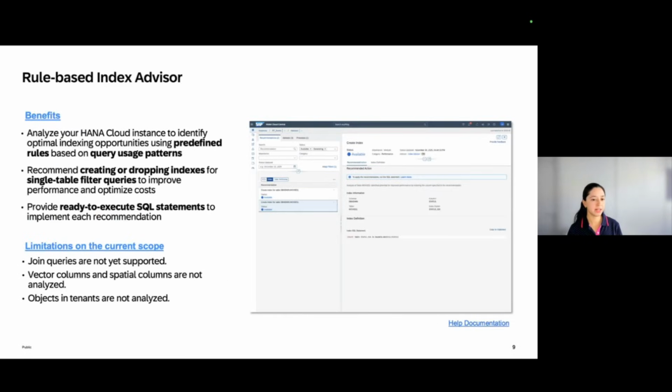Following, we have performance optimization with the new rule-based index advisor. What does it do? The rule-based index advisor analyzes your SAP Cloud instance, identifies indexing opportunities using predefined rules, and